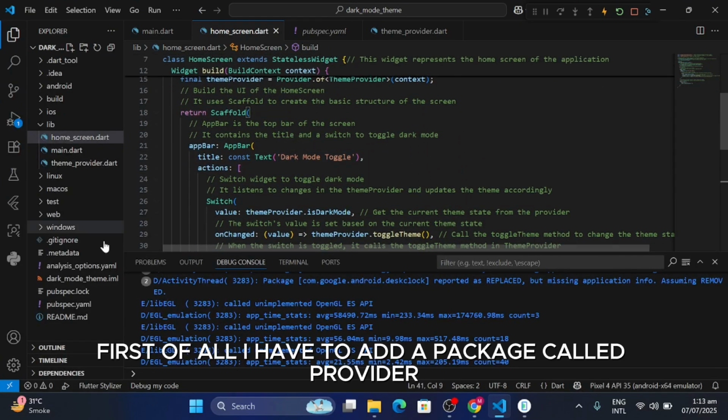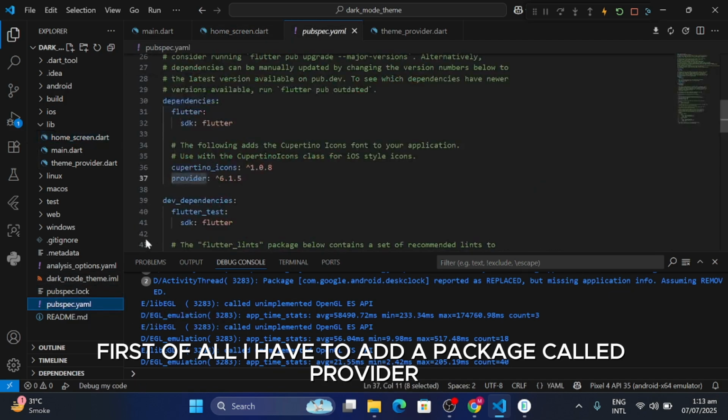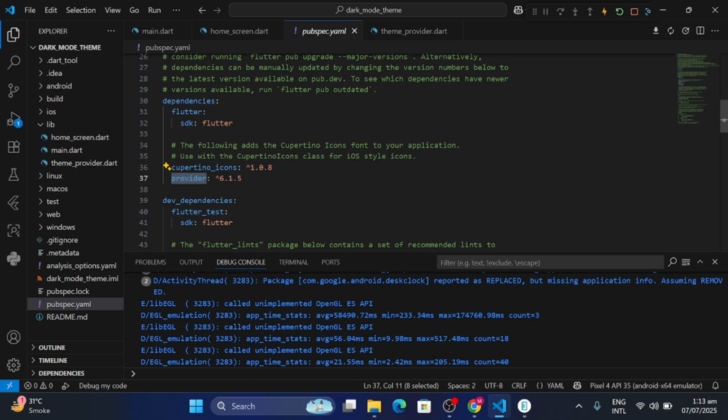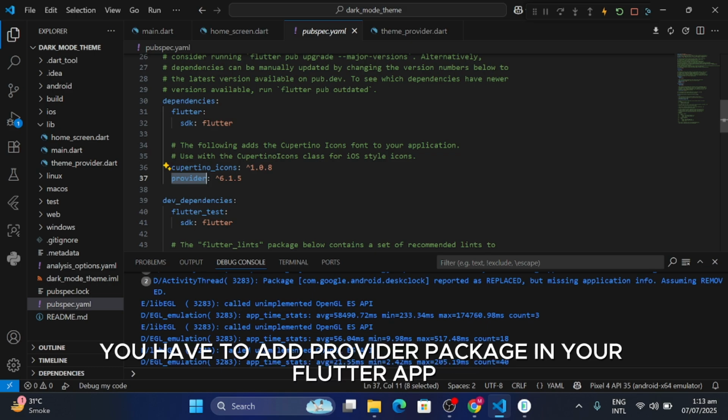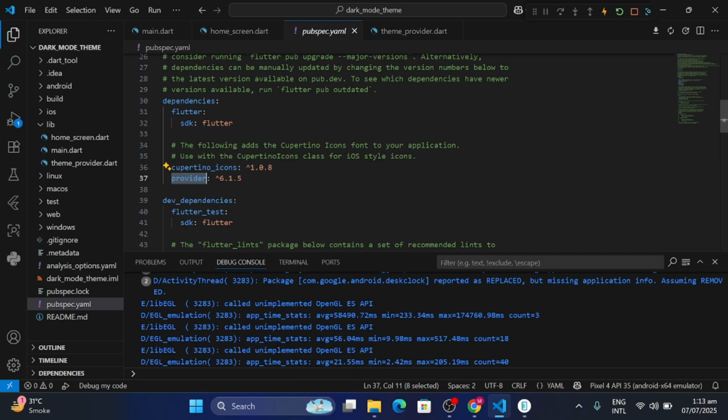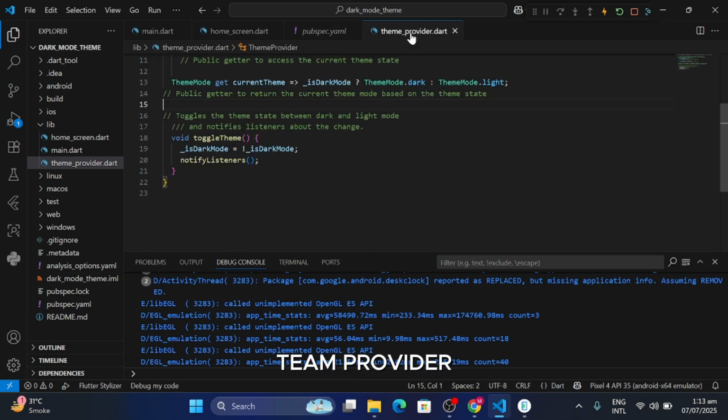First of all, I have to add a package called provider for state management in the dark mode toggle. You have to add the provider package in your Flutter app. After that, you create a theme provider,